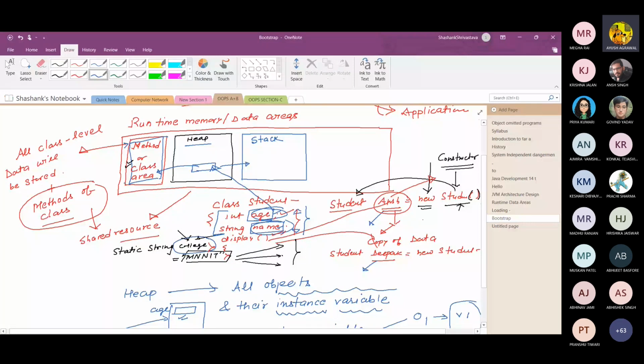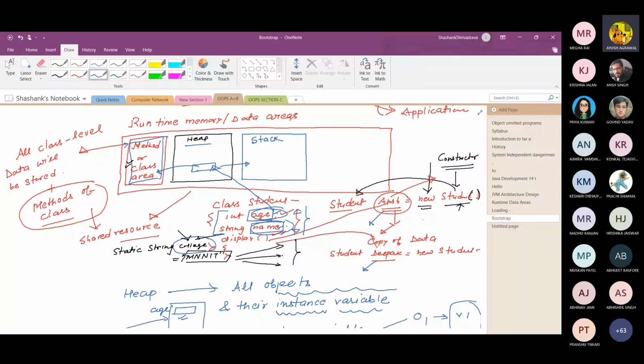But a class is not a student. What is a student? A student is a generalized thing, just like a template. But when you create the objects like Ansh and Deepak, Ansh and Deepak are the reality, the real things. So when you create Ansh and Deepak, memory is allocated for the Ansh object and memory is allocated for the Deepak object. So this is how you have to understand it, and don't get confused.